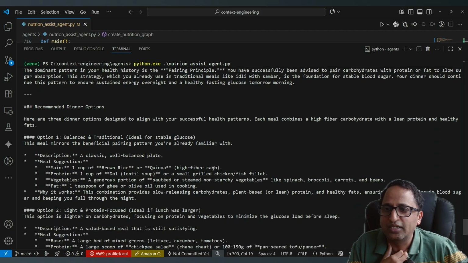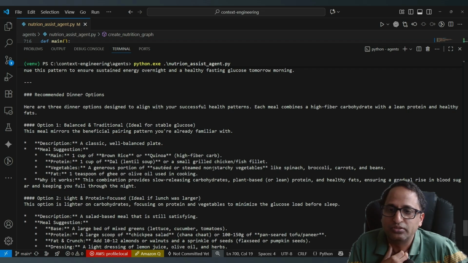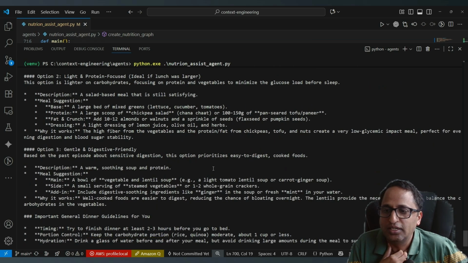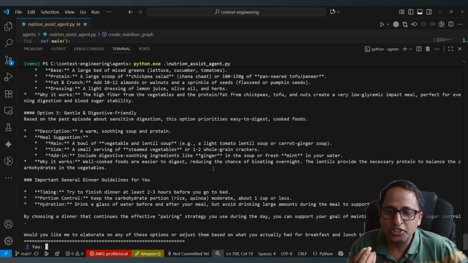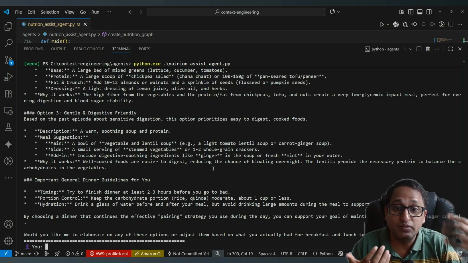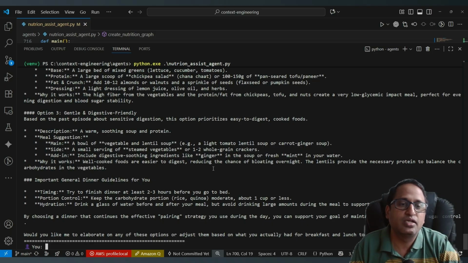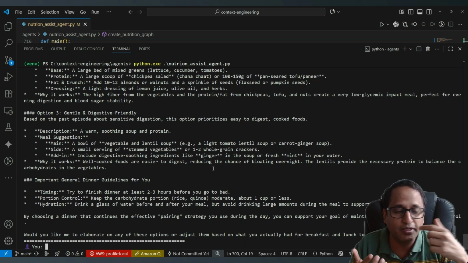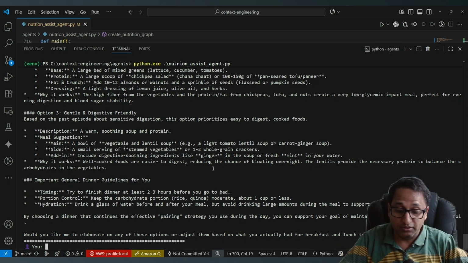And then it is giving me a recommended dinner option. It is giving me option 1, option 2, option 3 and everything. But you can see that it is pulling my previous history. Of course, if you keep on chatting, it will increase its adaptability because it has got more context. It asked me 3 questions, but if you keep on using it every day, then maybe something like